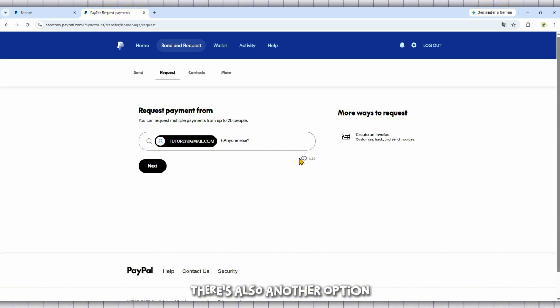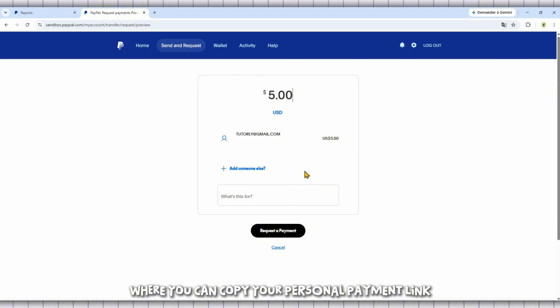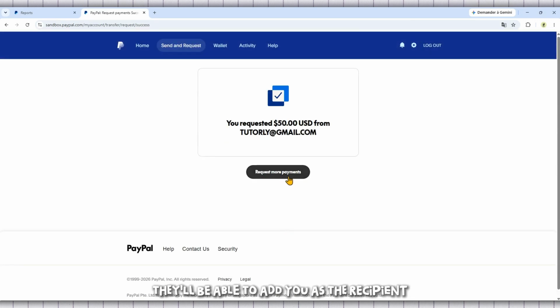There's also another option if you don't want to manually enter someone's details. You can click on Share Your Personal Profile. This allows you to open your PayPal profile page where you can copy your personal payment link. That link can then be sent directly to the person who needs to send you money. When they open it, they'll be able to add you as the recipient and send money to your PayPal account